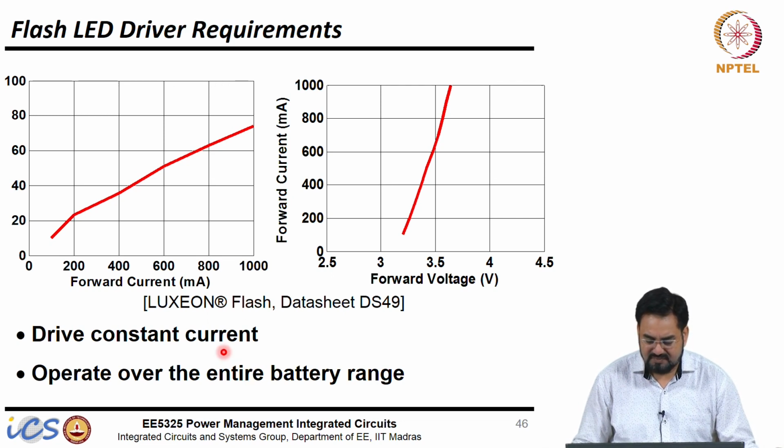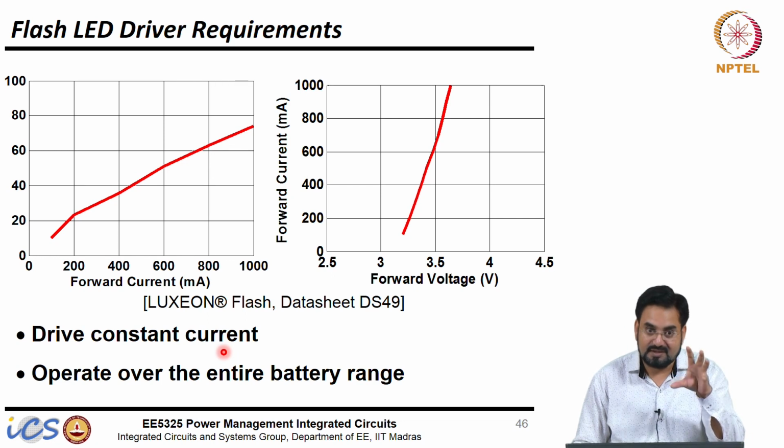And most of the time, these flash use 1 or 2 LEDs. These days you may find even 3 LEDs in a very high end phone, but they are different color LEDs in order to get a more real picture actually. So they mix the color and they change the light color when they are flashing.